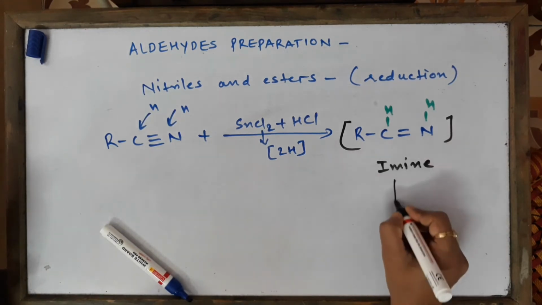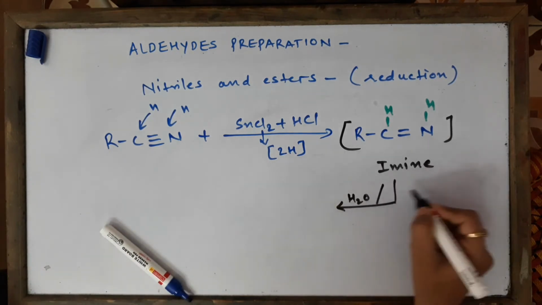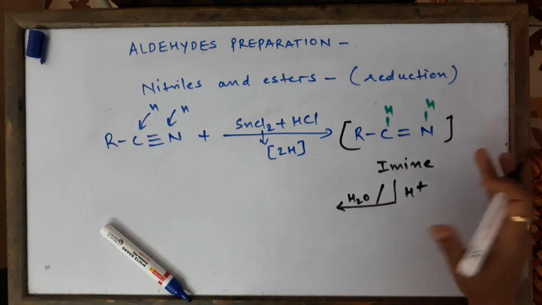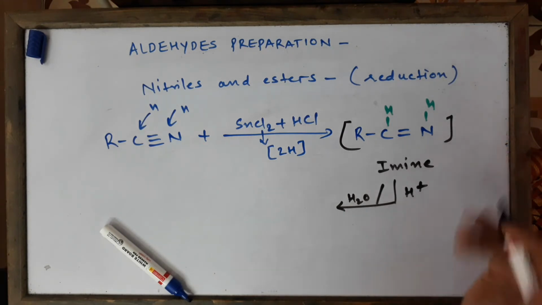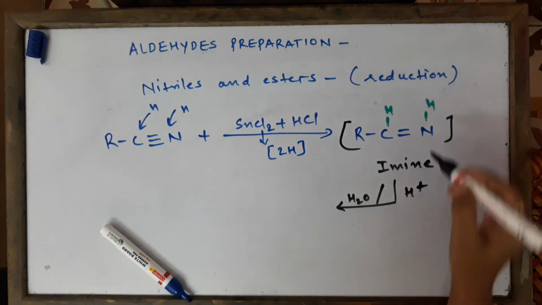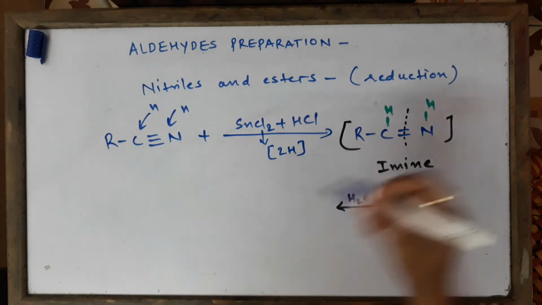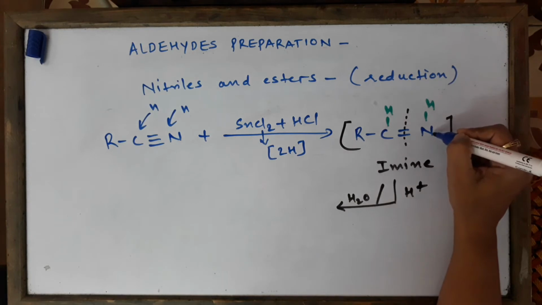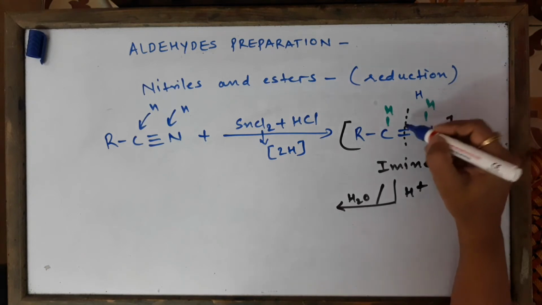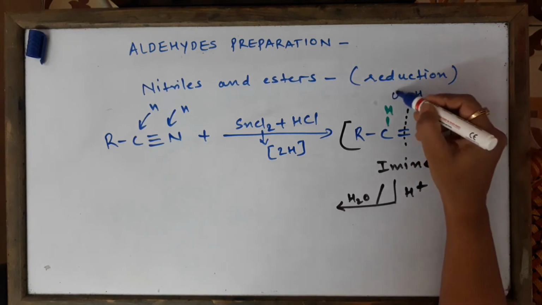Imine is going to be further hydrolyzed. So we can add water to this and accelerate the hydrolysis by adding acid. Whenever you see in organic chemistry we are doing hydrolysis, it will be of two types, acidic and alkaline. Generally we are doing acidic hydrolysis. Why is acid added? Just because it's a catalyst. When this happens, the bond will be breaking this way. When the bond breaks this way, just remember the nitrogen is going to be negative, so it is going to take away the positive hydrogen from water, and the carbon, which is less negative than nitrogen, will take away the oxygen with it.